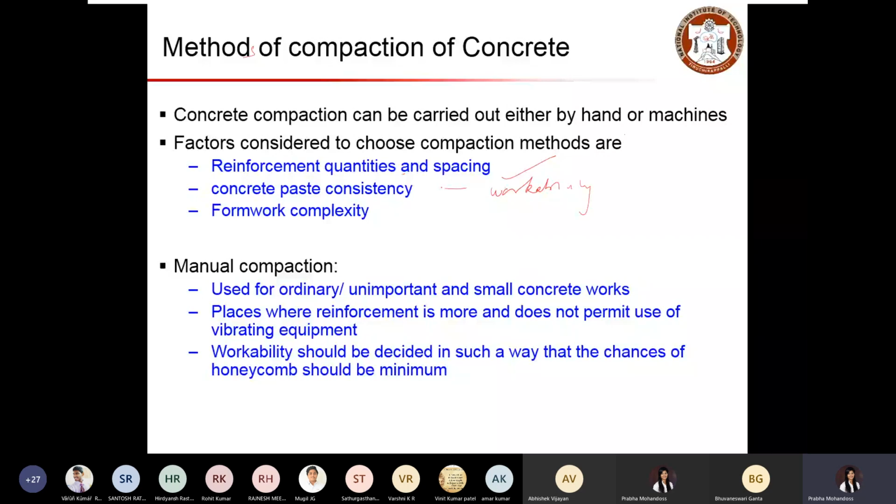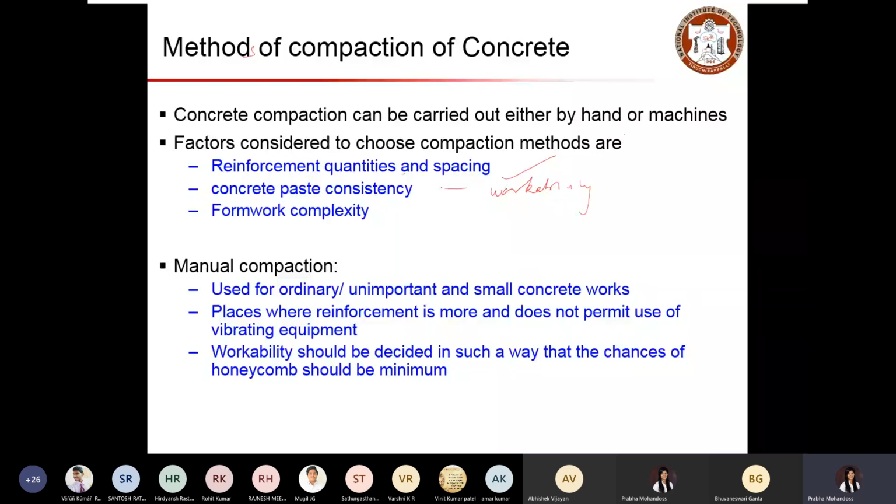So this basically depends on the shape of the formwork. If the formworks are in standard shapes or regular shapes, then you may not have significant difficulties to compact your concrete. But if you have complex shapes for aesthetic appearance or purpose, you will end up having different shapes of formwork, which may not be friendly to the conventional compaction methods. So those things will help you to choose your compaction method.